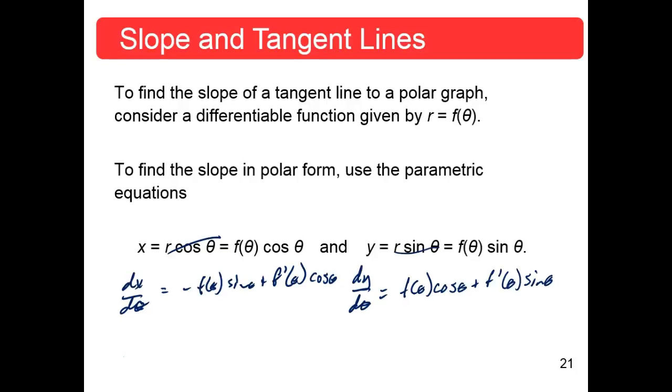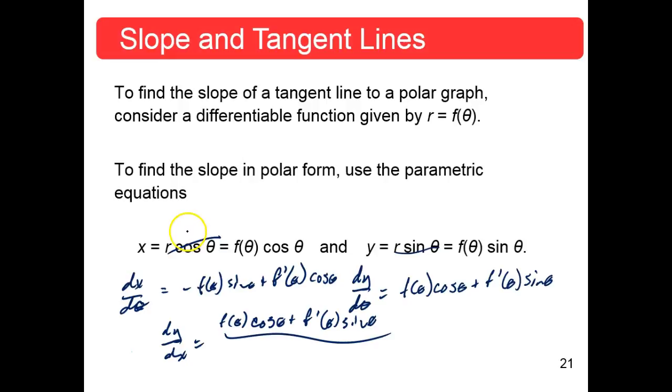There will be times it will be, because sine and cosine are never 0 at the same thetas, so those two can't make it 0. It's going to have to be the f's and f primes. So the dy/dx is going to be the quotient of those two: alpha of theta cosine theta plus f prime of theta sine theta